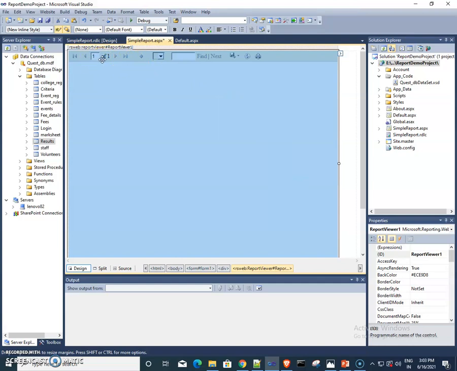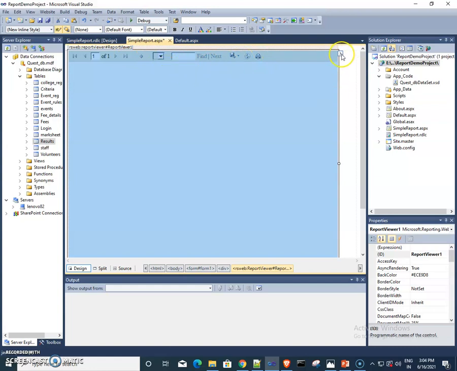You can navigate between all those report pages. Then you can find some words on your report, or you may save the report in PDF format, Excel format, or Word document format, or you can print that report. So such features are here on report viewer control.